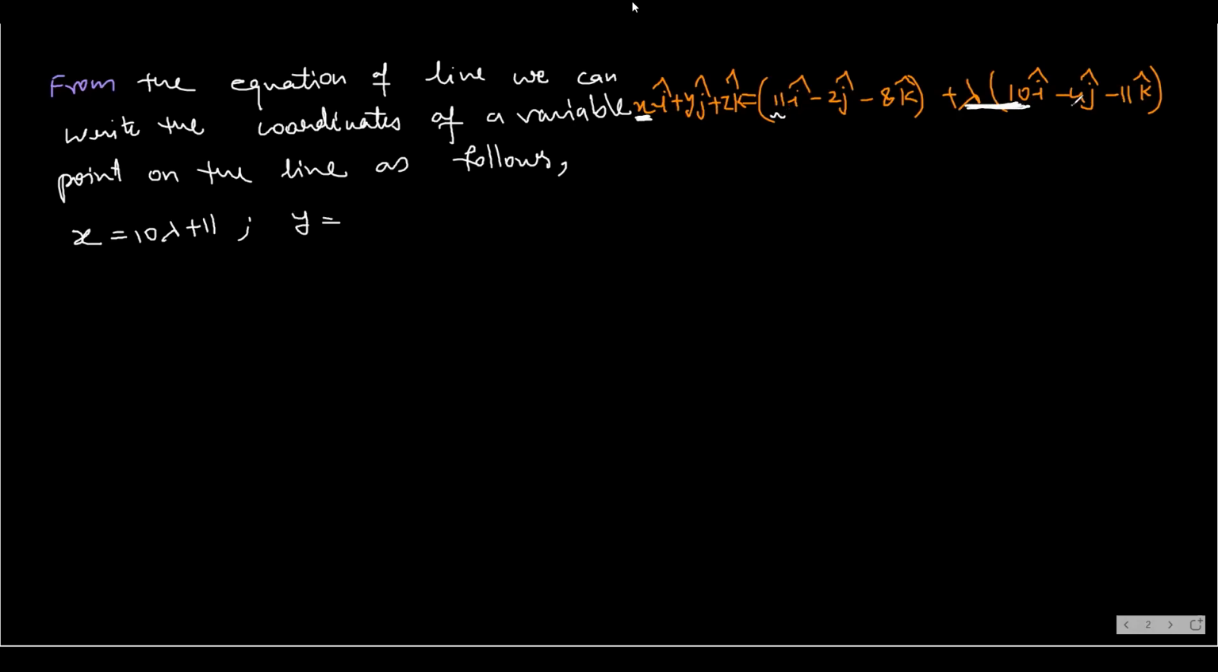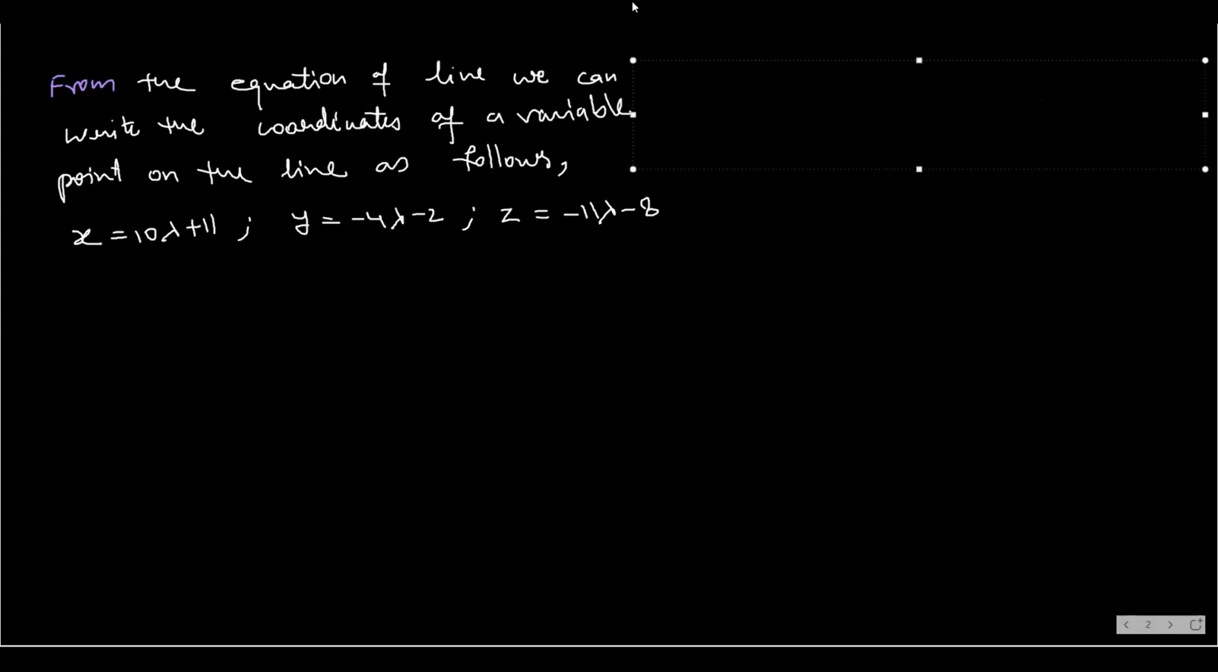See, it will be minus 4 lambda. You see this? This lambda will multiply minus 4 j cap. So minus 4 lambda minus 2. And what will be z equals to? Z coordinate will be equal to minus 11 lambda minus 8. Okay, minus 11 lambda minus 8 k cap. So k cap is common, you will get this. So you got the x, y, and z values, and remember this x, y, and